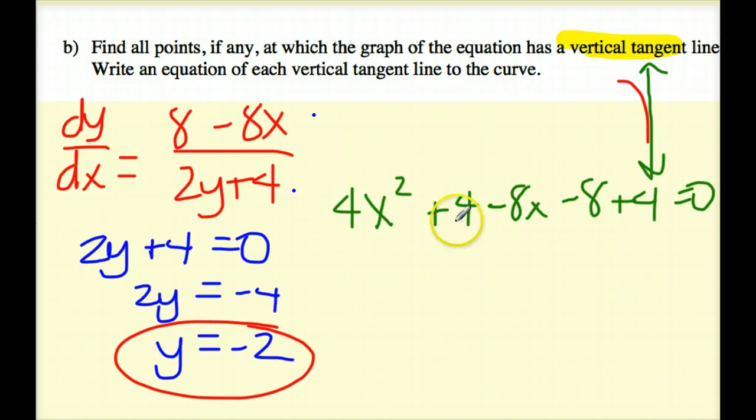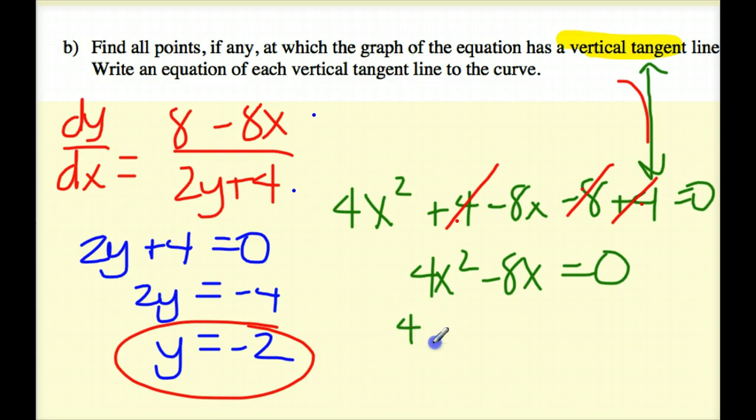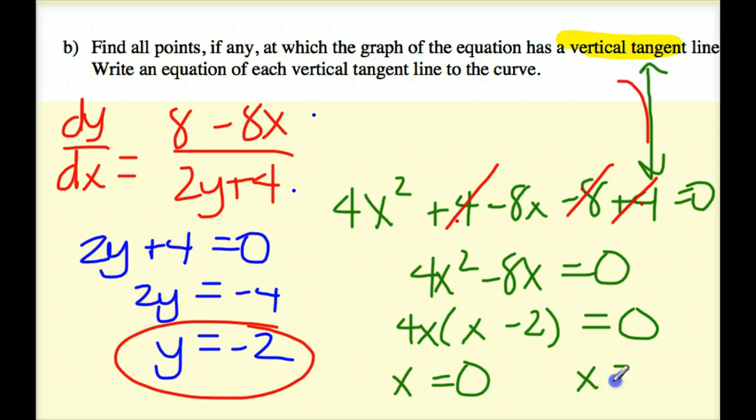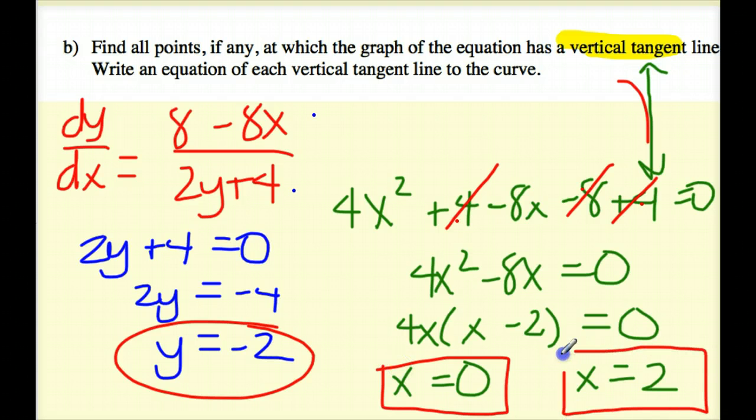Once again, 4 plus 4 is 8, but I have to subtract off that 8, so these cancel, and what I get left over is 4x squared minus 8x is equal to 0. I need to factor again, so I get 4x times the quantity (x minus 2) is equal to 0. So my two vertical tangent lines are when x is equal to 0 and x is equal to 2. These are the only two areas where I will receive vertical tangent lines. Perfect. Let's go